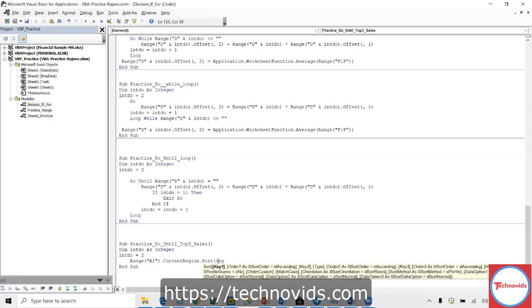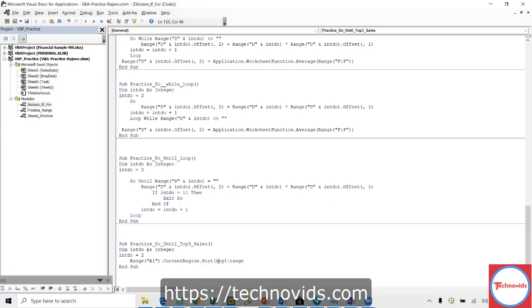I will give Key1 equal to Range("D1"). D1 should be good enough, because I need to give only one cell. That's all it requires. Then I have to give the sort order, right? What happened here? Still, it's in the range or something.